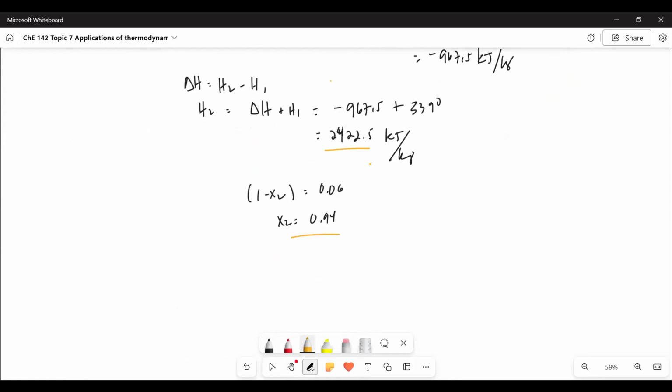Okay, so that is how you do it. How to solve problems for turbines, and the same approach can be used for compressors. They are similar but opposite in direction. Okay, so let's end the video now and continue in the next video.